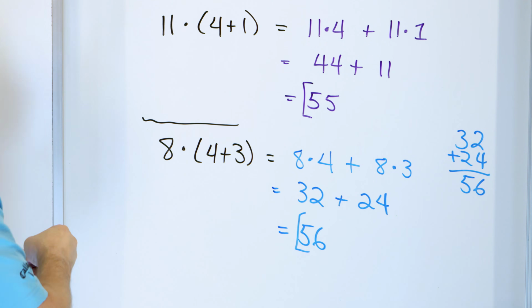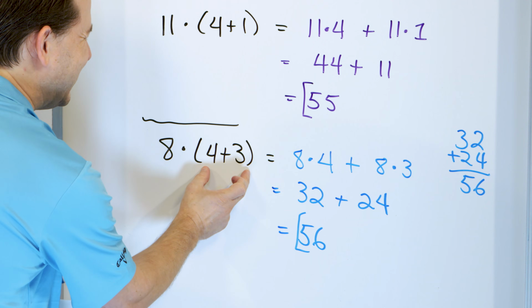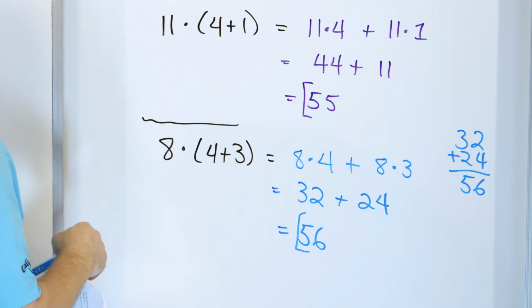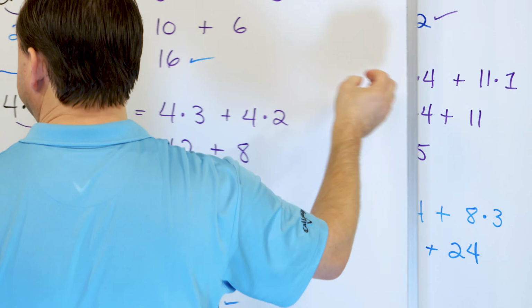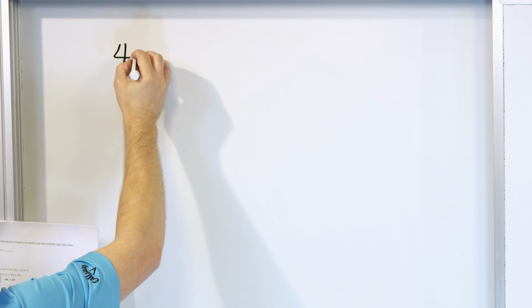If you wanted to check it, you would do this first. That would give you 7, and 7 times 8 is 56, so you know it's correct. All right, I think we only have 2 more, and we're moving through these pretty fast once we know what we're doing. Let's say we have 4 times